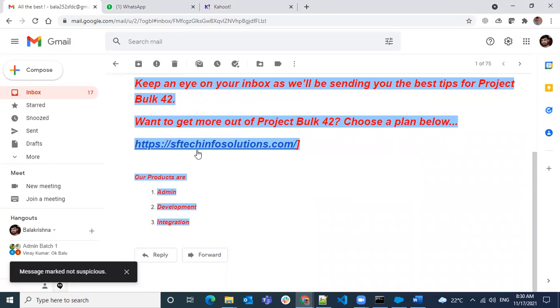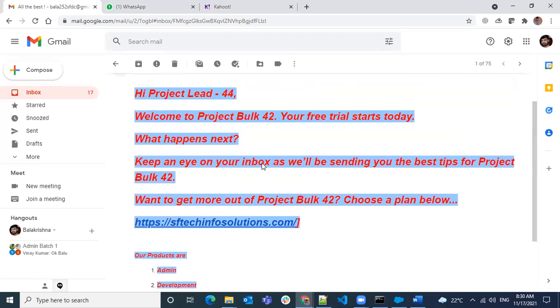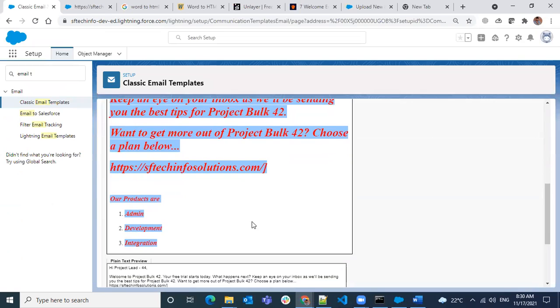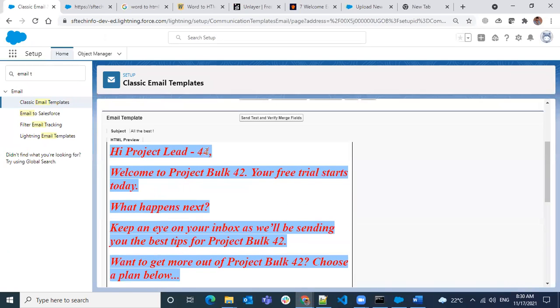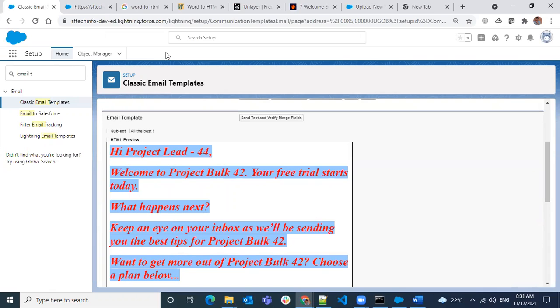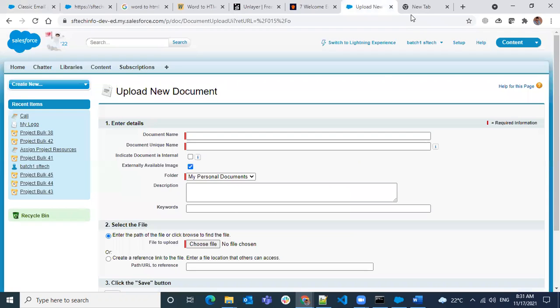You can do it here. You can also add a link in that template. The basic difference between with letterhead and without header is that you can use a template format, and this one is completely pure HTML.